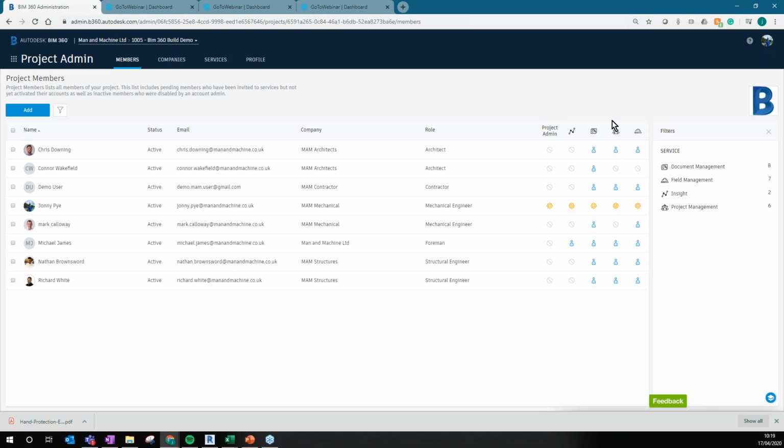So because I've activated document management, project management, and field management, I've got a list of the users that have access to those modules here. And I can see how many licenses I might use in this project on the right. So I can just quickly click on field management, see all, and then I'd be able to quickly find out who's got what essentially inside this